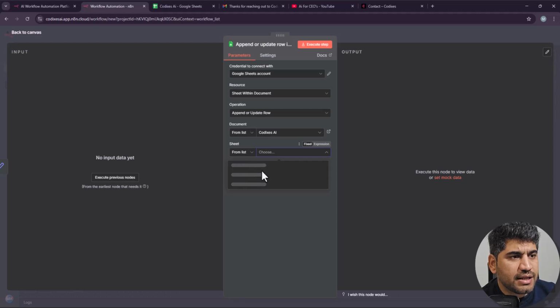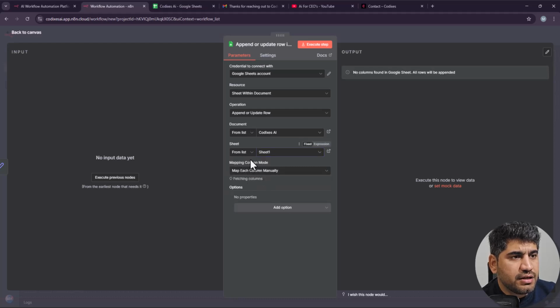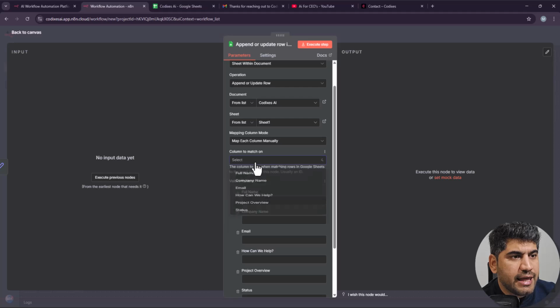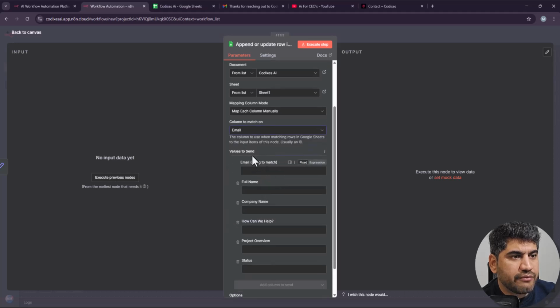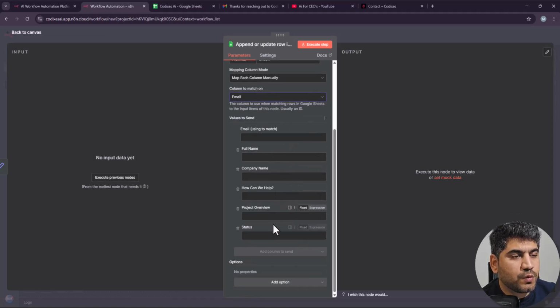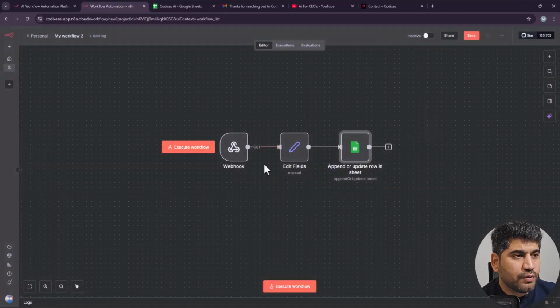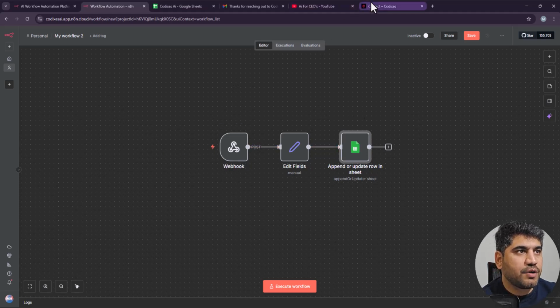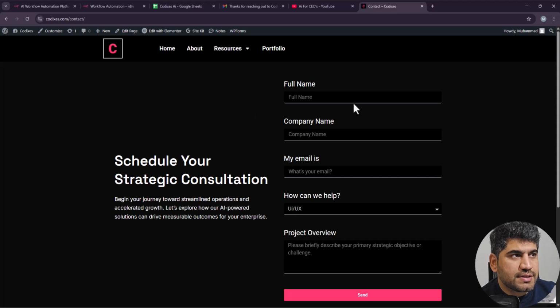And here I'm gonna select the sheet, Sheet 1, and then here I'm gonna select the email to match the column on. So that is what we have here on the sheet. All right, so now I have to go back to the first step to submit some data to our n8n. All right, so let's go back to our site,